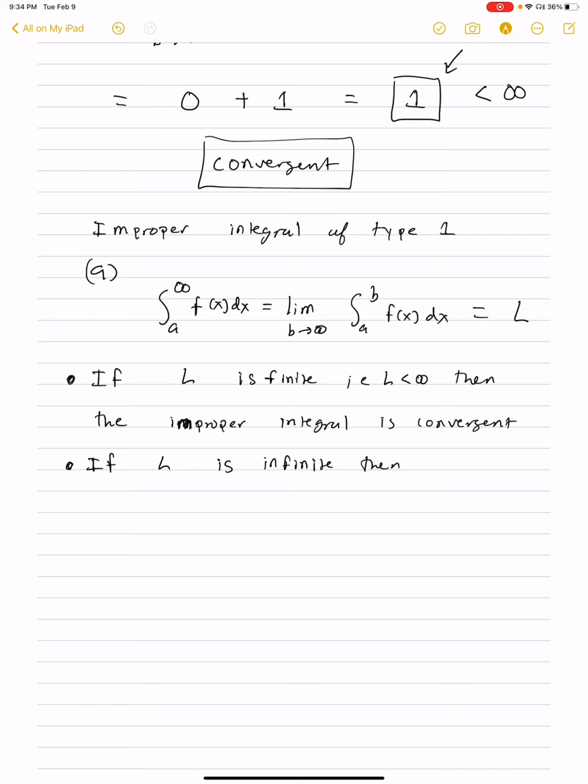Then the improper integral is divergent. So that's our classification for improper integrals. Of course, there's the synonymous one,